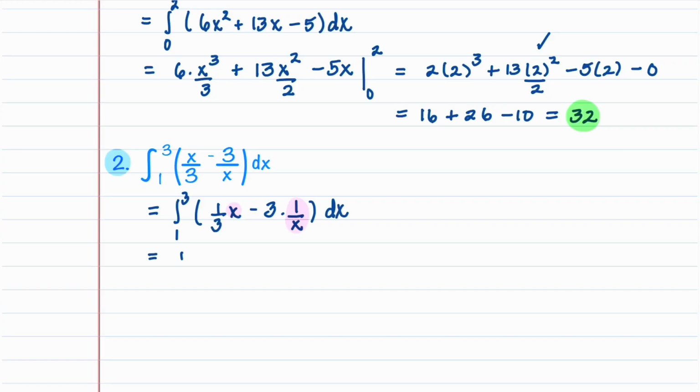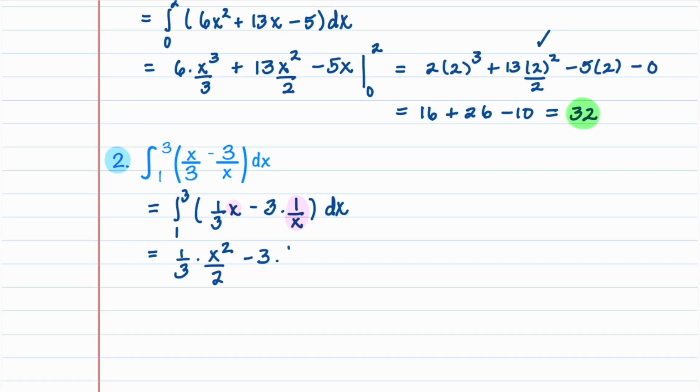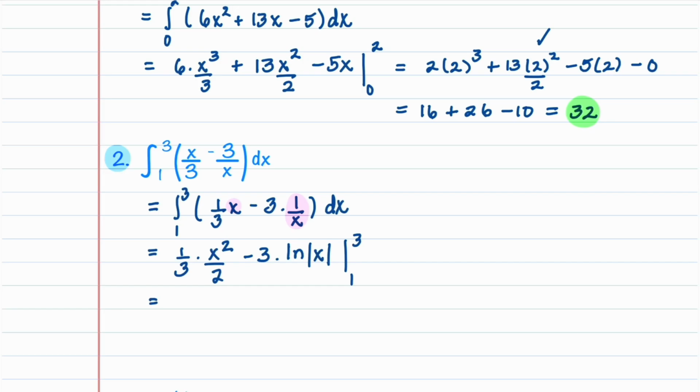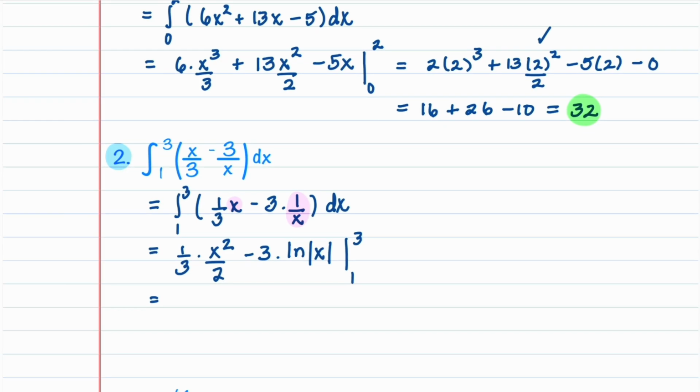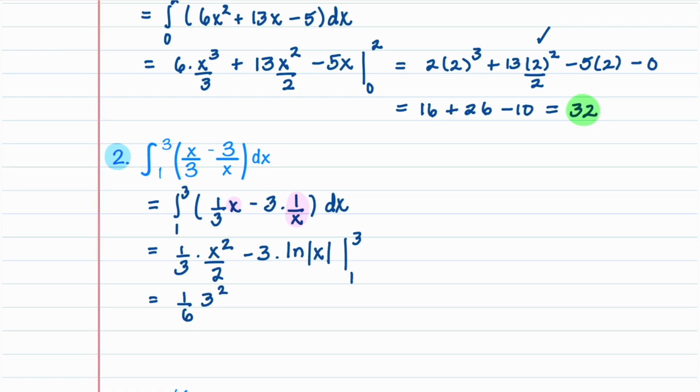This gives us 1/3 times the integral of x, which is x squared over 2, minus 3 times the integral of 1 over x, which is natural log absolute x. And we're going to evaluate this from 1 to 3. We're first going to substitute in the upper limit of integration. And we'll combine the 3 and the 2, so we have a 1/6, and then we have 3 squared, minus 3 times natural log of absolute 3, which is just 3,